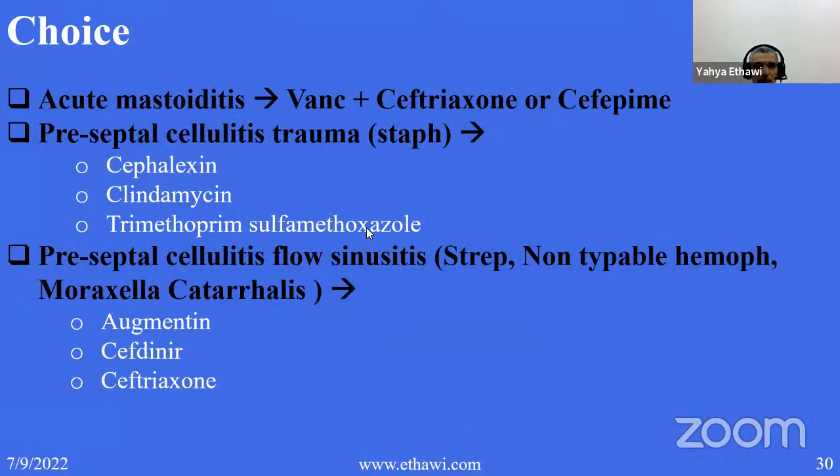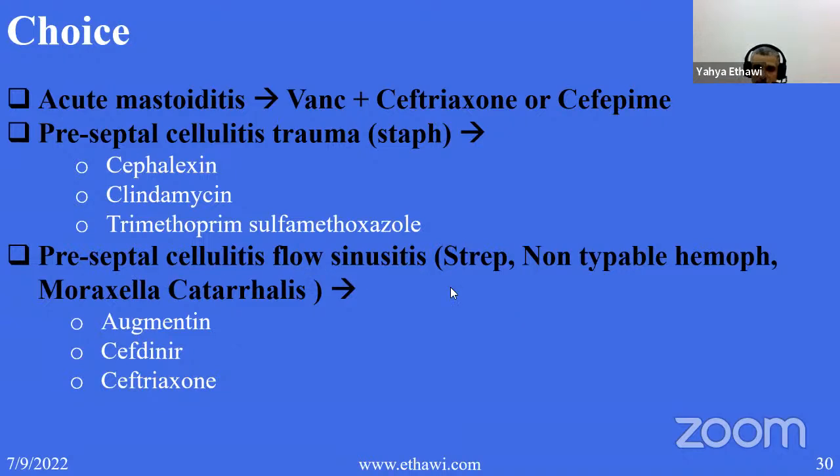No, that's okay. So for acute mastoiditis, we use vancomycin and ceftriaxone or cefepime because this is very good against Pseudomonas. For preseptal cellulitis, trauma, that means outside the orbit, and the possibility of strep and staph is very high. So we use cephalexin because it works against MSSA. Clindamycin is very good against soft tissue. Trimethoprim is a very good broad spectrum and it's very good in soft tissue infection. In preseptal cellulitis,